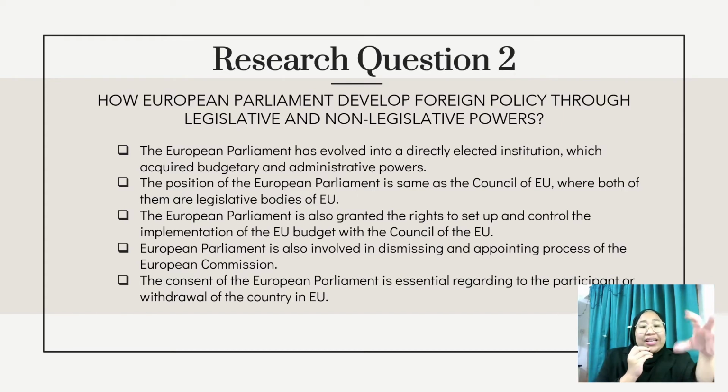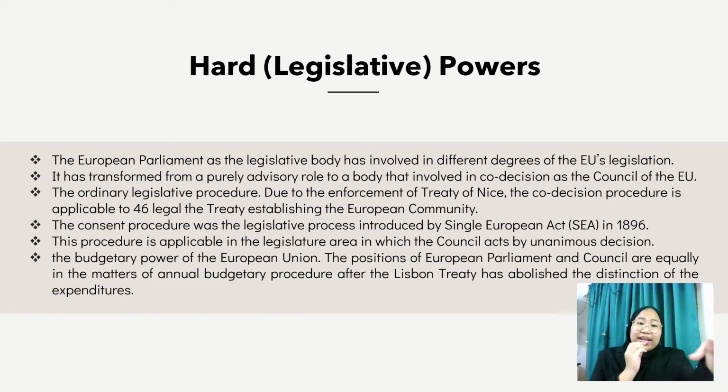The European Parliament is also involved in the dismissing and appointing process of the European Commission. Other than that, the consent of the European Parliament is essential regarding the accession or withdrawal of a country in the European Union. The next one is about hard legislative powers. The European Parliament as the legislative body has been involved in different degrees of European Union legislation. It has transformed from a purely advisory role to a body involved in co-decision with the Council of